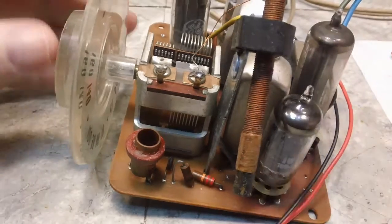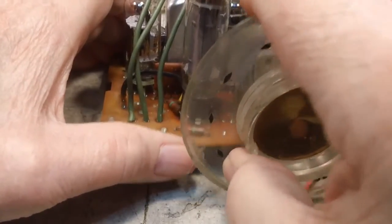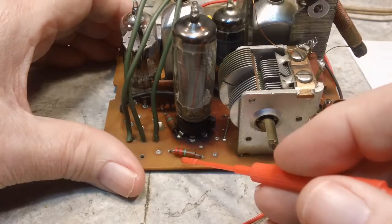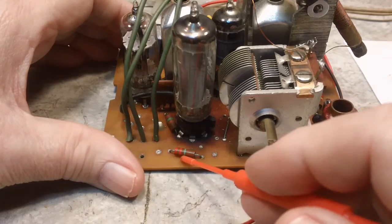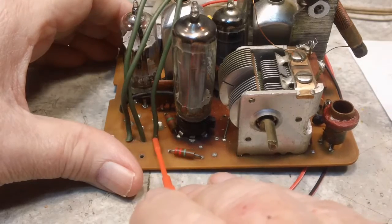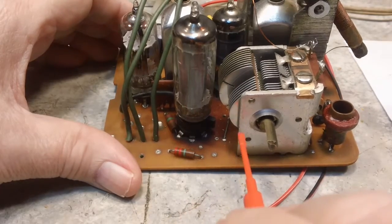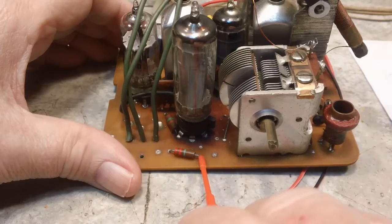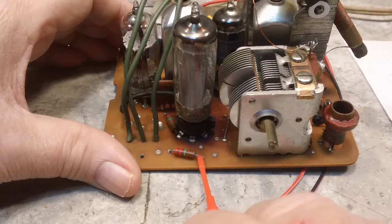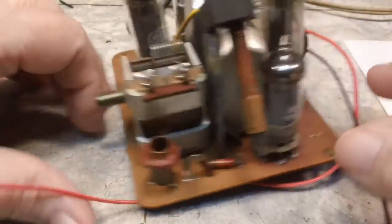Now when I use the ABC on this, let's take this off, you can see a little bit better. This is the 2.2 mega ohm resistor, that's the ABC resistor. Now this is the side that connects to the high side of the volume control, and this is the side that goes to that. And so you can connect it here, or you can connect it here, and the other lead of your voltmeter is going to connect to B minus, which I think on this particular